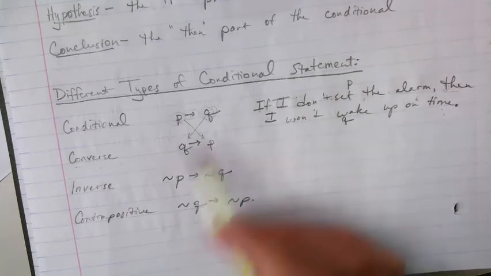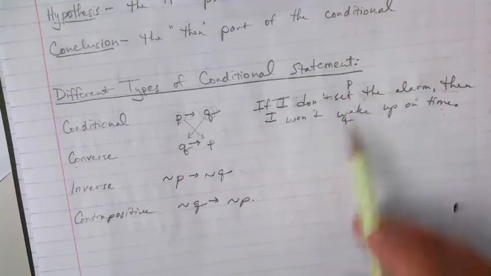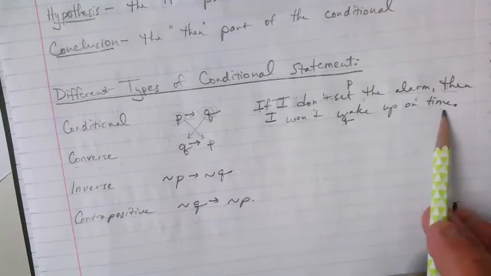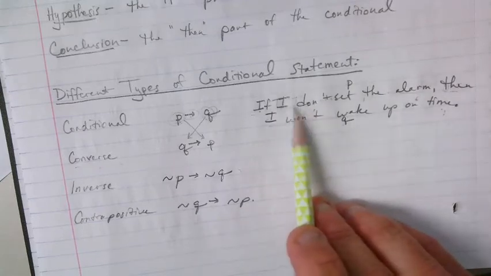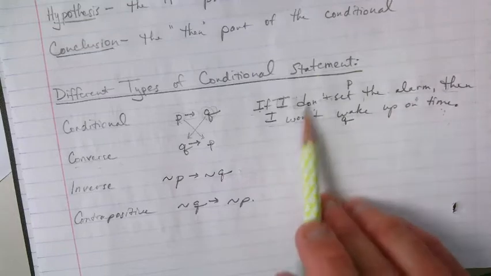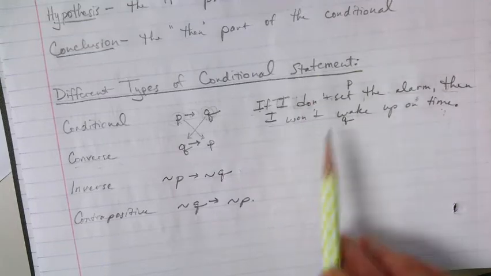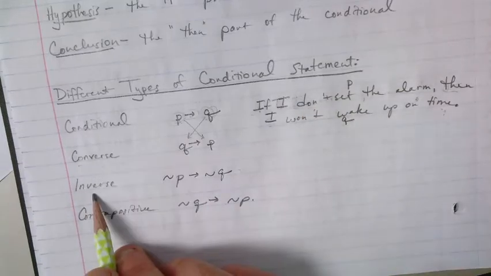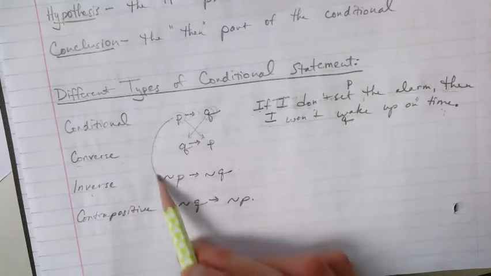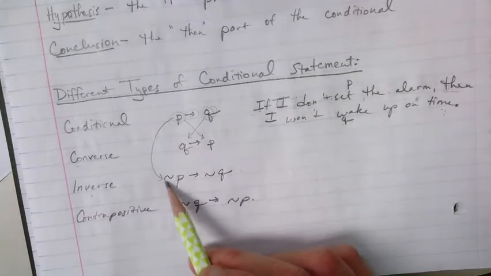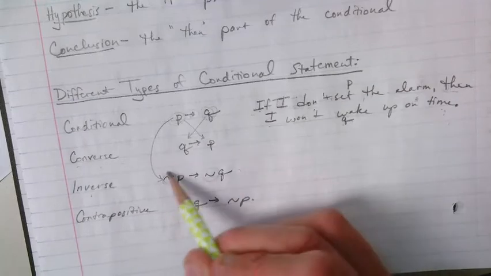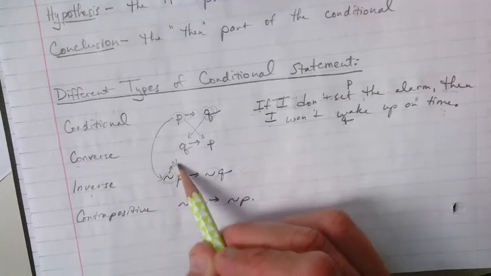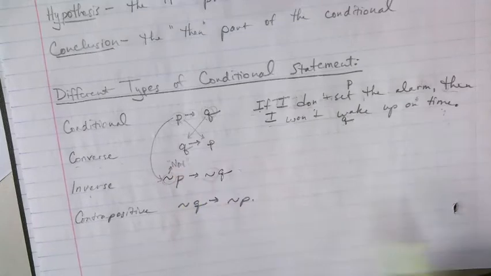So that would be the converse, is to switch these two. Again, if I didn't wake up on time, then I didn't set my alarm. Okay, so you can change these verbs. Anyways, I wasn't an English major, but you can change those slightly as long as it doesn't change the meaning of the statement there. Okay. Now the inverse is actually the negation of the conditional. So this little squiggle right here and this squiggle right here means the word not, to make it the negative. Okay,